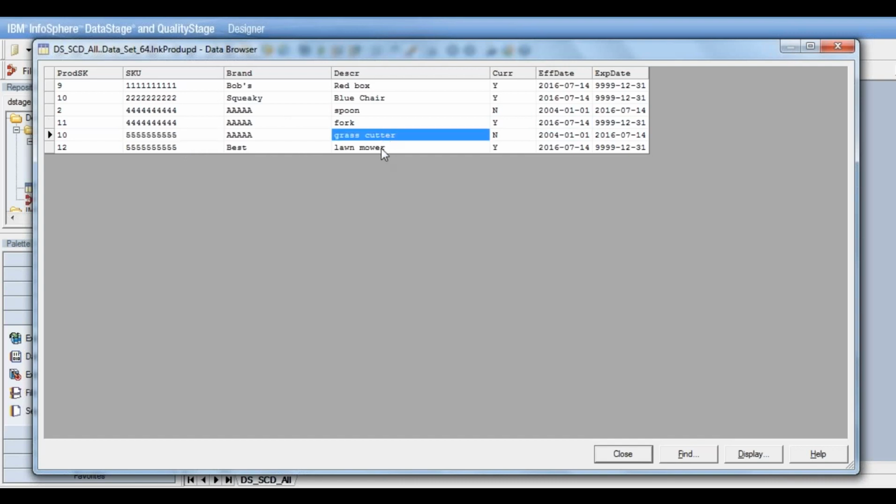So this is the old record. This is a new record. And we define the brand as a type 1. So if this value wouldn't have changed, the description value wouldn't have changed, it would have simply gone and updated this record and not created a new record. But since the description column value also changed and we had defined this as type 2, the previous record is updated, the current indicator set as no, and there's a new record that is inserted.